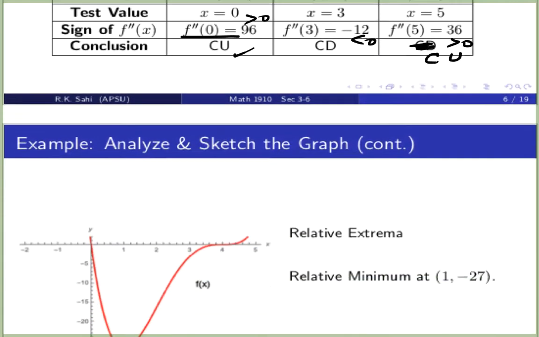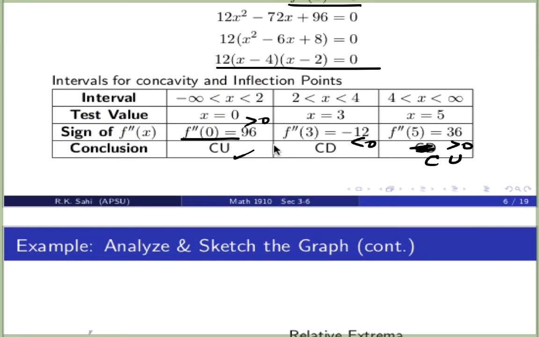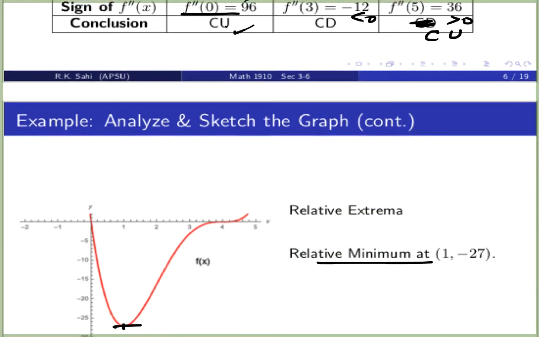Well, this is how the graph looks. So notice it has only one minimum, at 1. So it's a relative minimum at 1 and negative 27. And also there is a point of inflection, because it goes concave up to concave down to concave up. So there's a point of inflection at